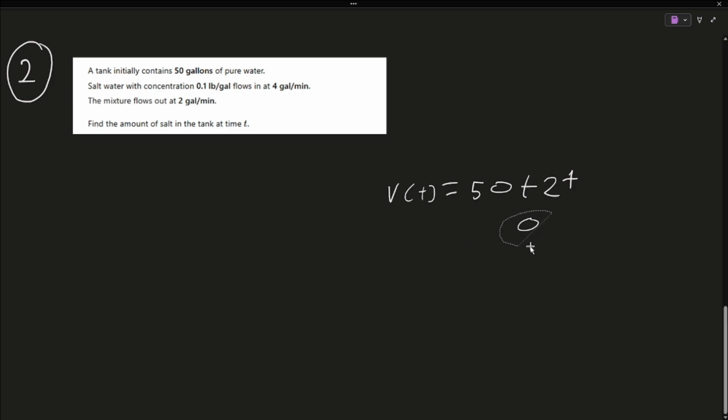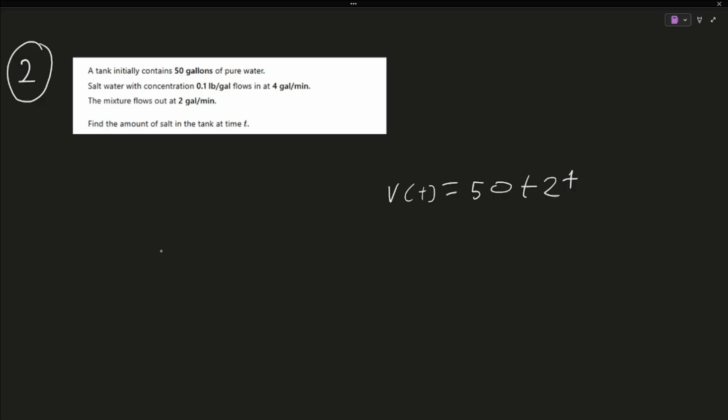So it is important to know this volume change before jumping to the question. And what we're going to do is pretty much the same thing. We will calculate the rate in and rate out, and we're going to subtract rate out from rate in, and then we're going to get our differential equation, solve that, and then solve this amount of salt